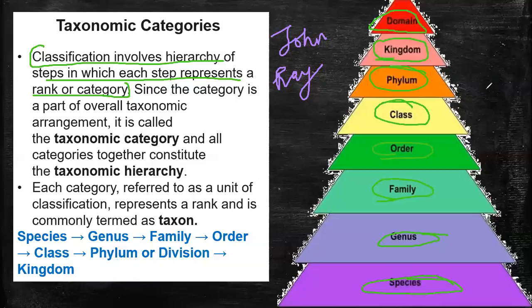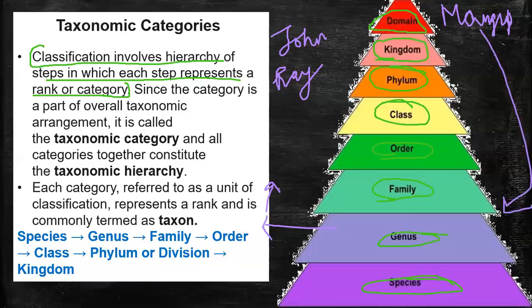After telling genus, I will give you the example for the species and genus. Genus is the assemblage of related species. I have told you a scientific name: Mangifera indica. In that scientific name, the term Mangifera refers to the genus name and the term indica refers to the species name. Mangifera is the generic name and indica is the specific epithet.